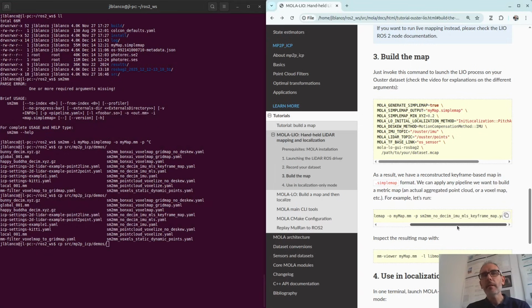For this example, I need to use this one, which is already here as an example. This one is called SM2MM, no decimation, so just keep all the points, using IMU motion compensation, applying MLS filtering, and using this type of metric map for the input. Okay, so I will just copy that here.